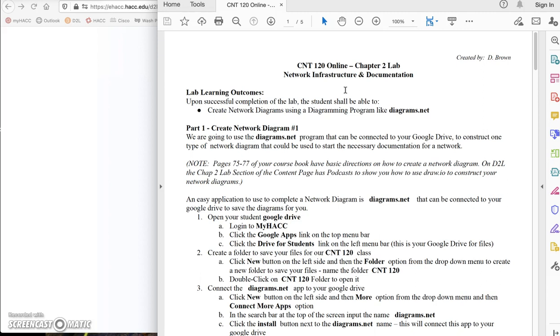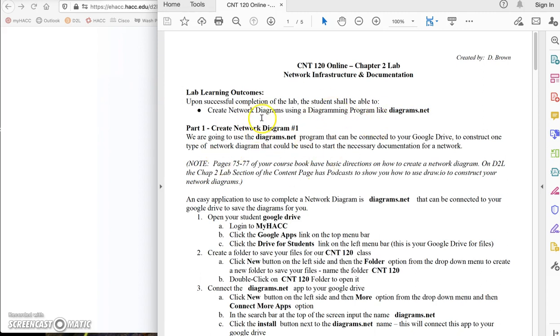So our first podcast, we're going to do one type of network diagram. The second podcast, we're going to do a different type of network diagram. Part of our chapter was focused on network documentation. You're going to work with network documentation either in the sense of reading network maps to figure out how to hook things up, or you eventually might be making maps or diagrams to communicate how you want something hooked up, or how it is hooked up, for your technicians. To do that, we're going to use a program called diagrams.net that allows us to make these diagrams very easily. So first thing we're going to do,